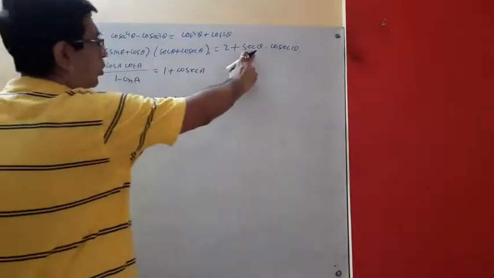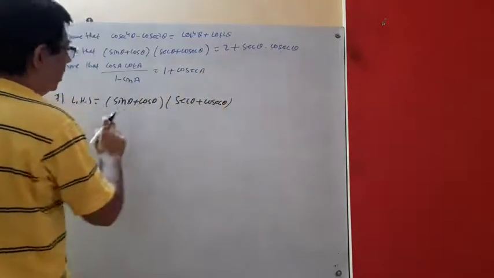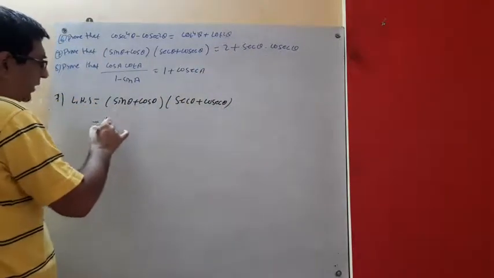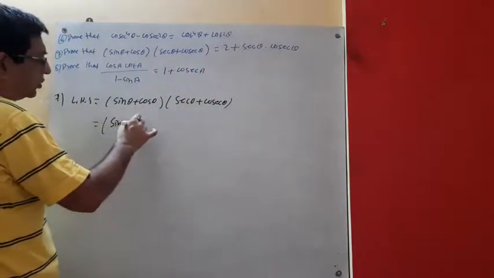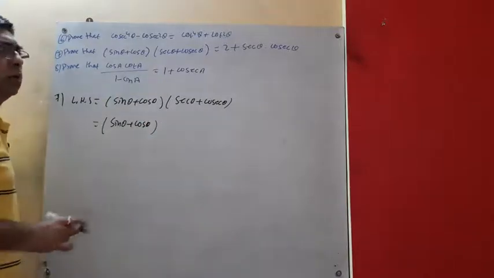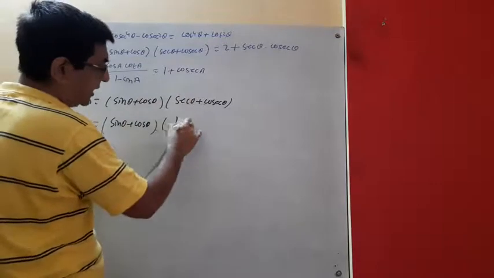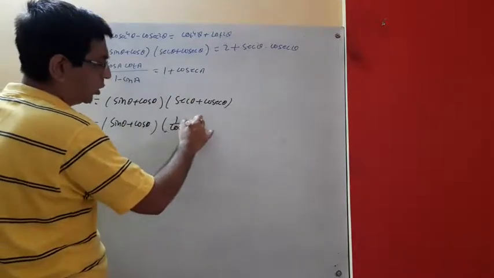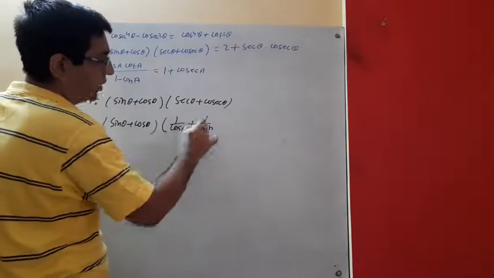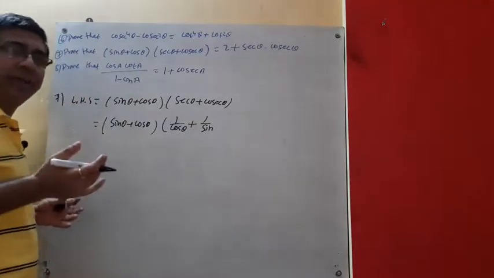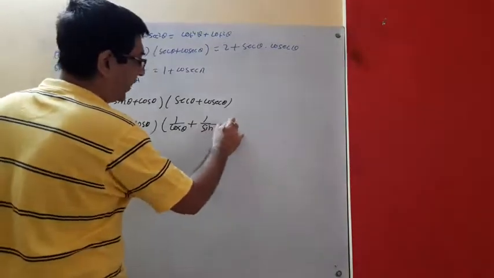Look, sec theta and cos theta, we have to come sec theta and cos theta. So what will I do? One thing we can do, sin theta plus cos theta. You must watch in my video that I have written sec theta can be written as 1 by cos theta. That is also given in the book. It's not only in my book. Everything is given in the book. Still 1 by sin theta.